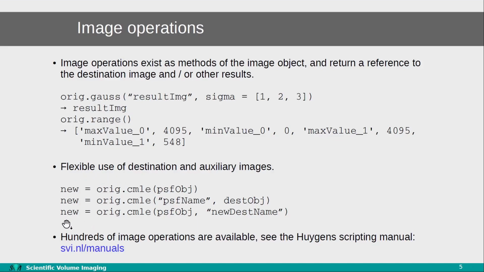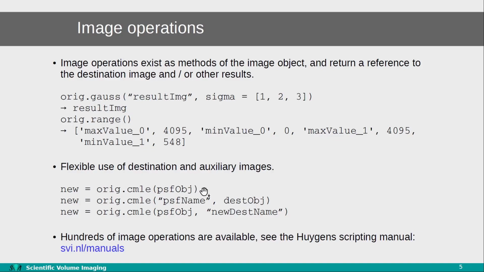So if we look at this example, here are 3 different ways of specifying destination and auxiliary images for the CMLE restoration command. And we can see that the syntax is CMLE, then a PSF image, and then a destination image. And we can see that we can specify the auxiliary PSF image using a string or as an object, and we can specify the destination as an object or as a string, or leave it out entirely as in this